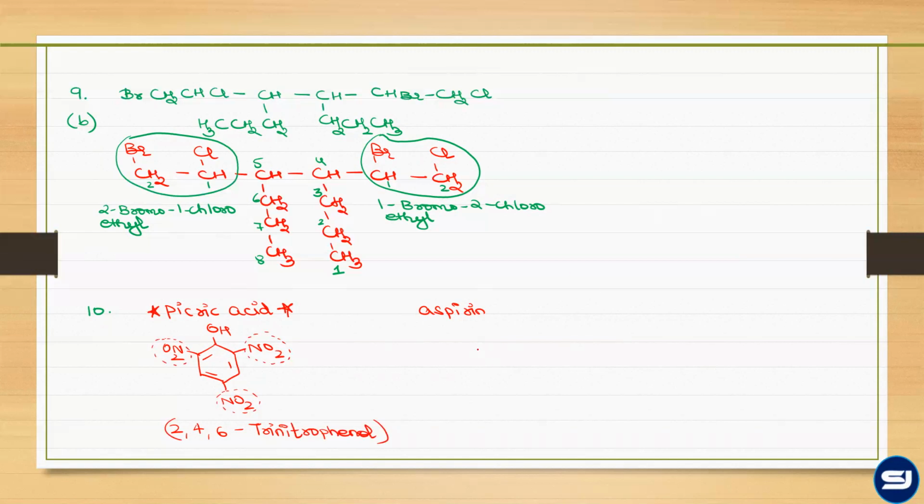And aspirin जो है, it is also an aromatic compound which is having the COOH on the ring, which is benzoic acid, and OCOCH3 as a substituent, जिसको बोलते हैं acetoxy. Acetyl group with oxygen is called acetoxy. इसलिए इस कंपाउंड का नाम है 2-acetoxy benzoic acid.